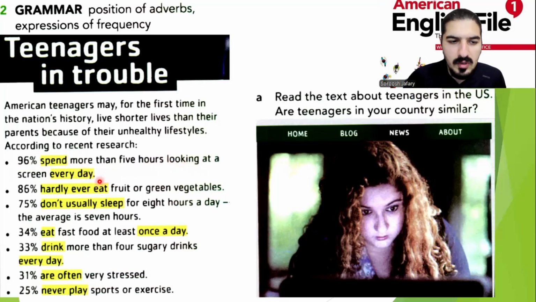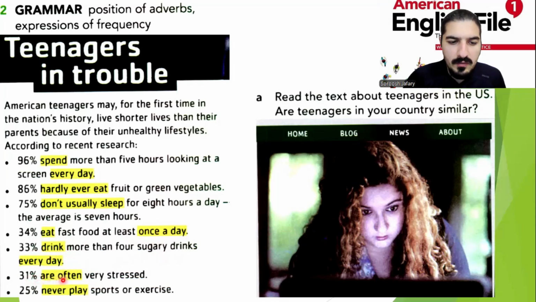Yeah, that's true. 86% hardly ever eat fruit or green vegetables. Yeah, McDonald's, fast food all the time. 75% don't usually sleep for 8 hours a day. The average is 7 hours. Yeah, you can say that. 34% eat fast food at least once a day. That's bad. 33% drink more than 4 sugary drinks every day.